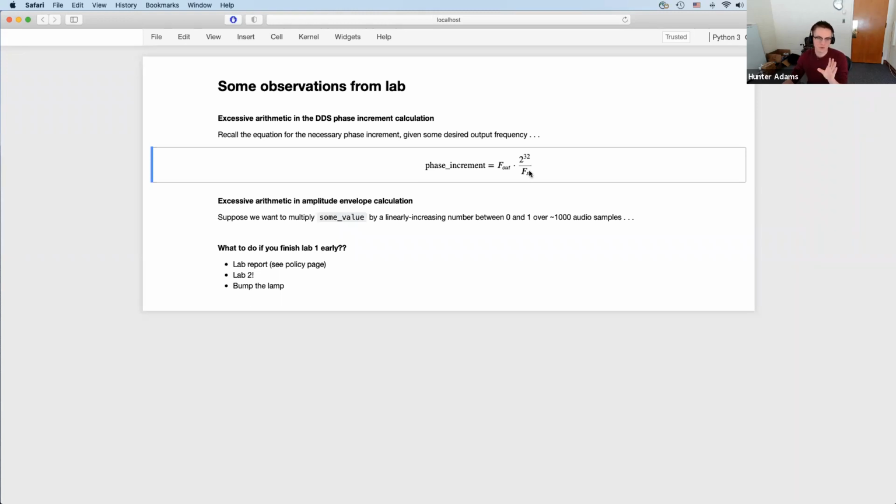As implemented, if you haven't changed anything in the code, this and this are both implemented as #define variables, and they're both implemented as floating point variables, which means this division here is a floating point division. Do not do this division every time you loop through the audio interrupt service routine. Compute the quotient of these two offline using your calculator and put that number in to replace this division. And you will save yourself something like 130 CPU cycles every time through the interrupt service routine, which is a